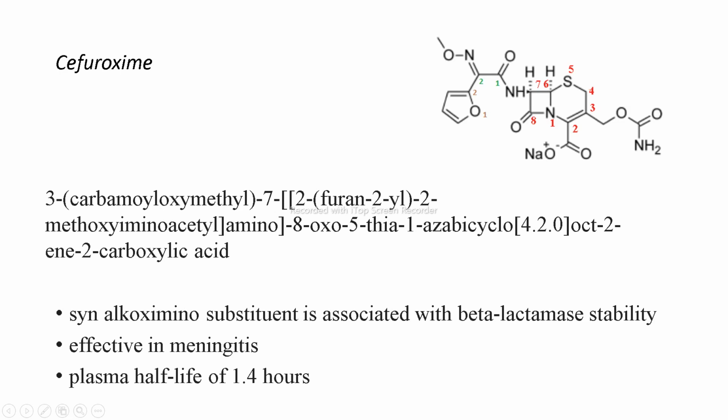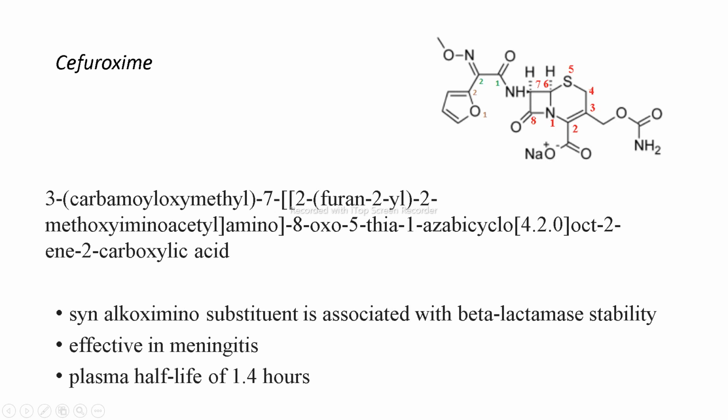Now we will nomenclate the structure. So how does the nomenclature start? Again, this is the carboxyl group, which is the highest priority group. Then there is this group present. The name of the group is a carbamoyl group, or you can call it an amino carbonyl. So I think we have to start from this group because amino is there. Then later on, the substitutions: this one is a furan, this one is a methoxy. So yes, we have to start from this amino, as we have to follow the alphabetical order.